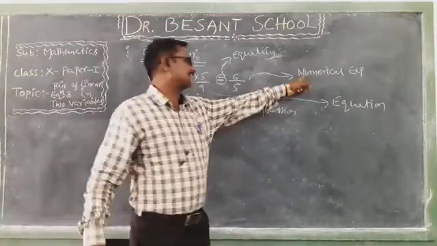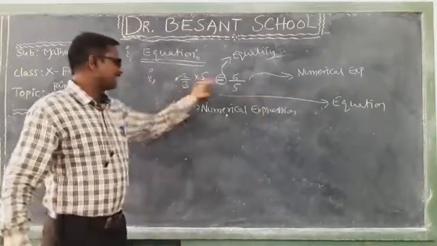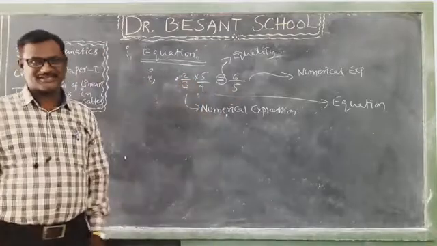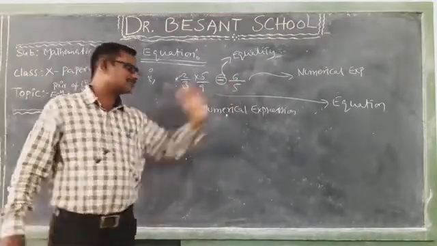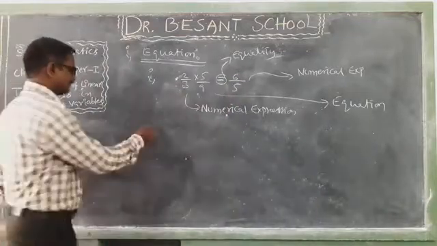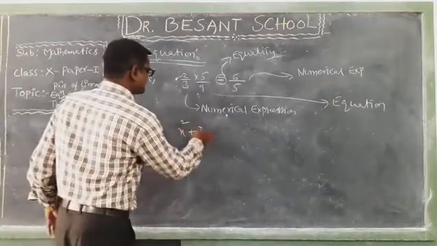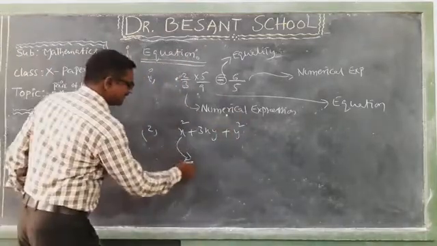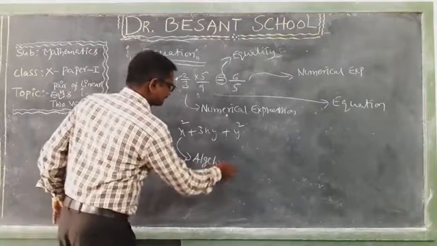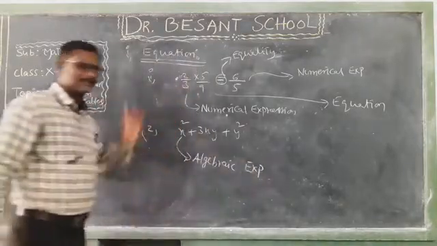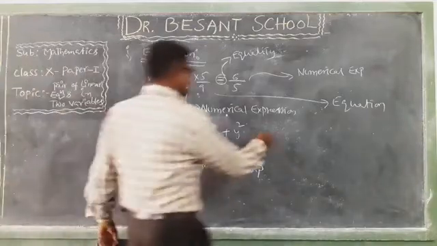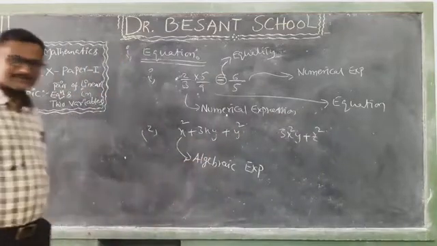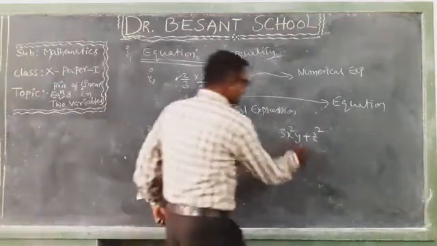When two numerical expressions are combined with the connectivity equality, the whole sentence is called an equation. Again, observe: x² + 3xy + y² is one algebraic expression, and 3x²y + z² is also one algebraic expression. Now observe, when you connect these two algebraic expressions with the connectivity equality,